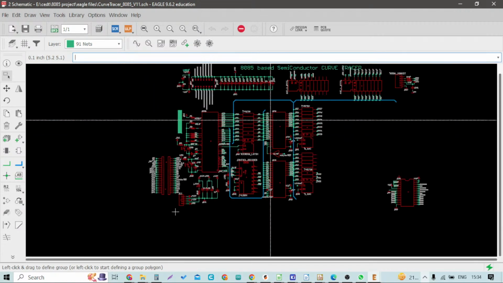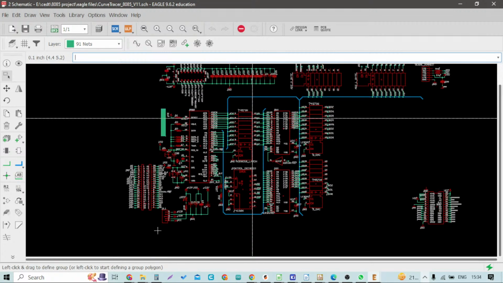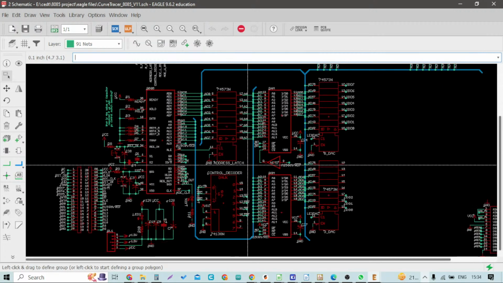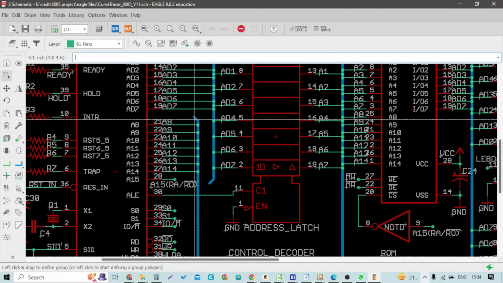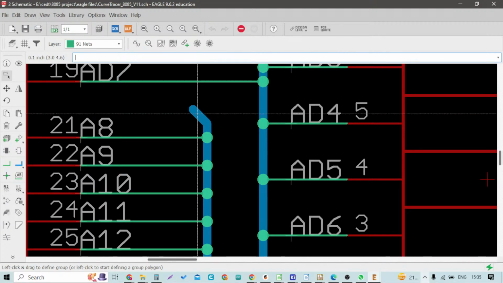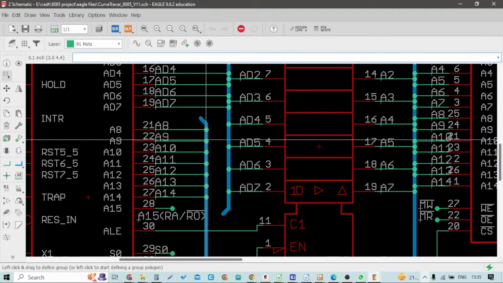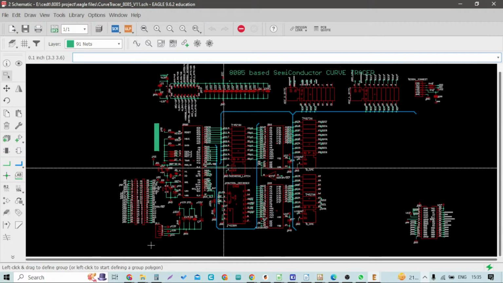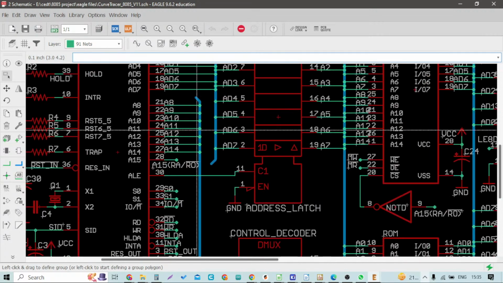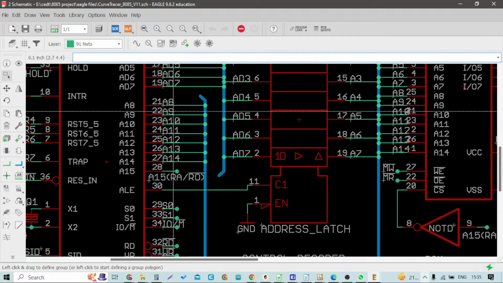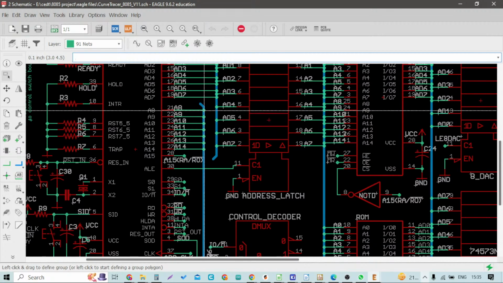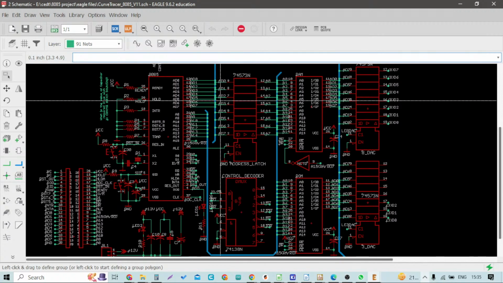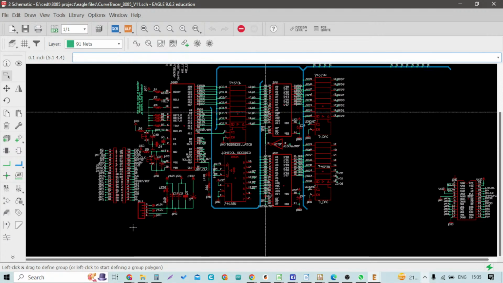So this is quite a complicated design where we have used a microprocessor and connected the memory modules or memory ICs. As you can see, there is a blue line shown here, and this blue line is actually an example of a bus where there are multiple nets. Instead of carrying all these net wires and routing them from here to here, since I want these to be connected here, I just